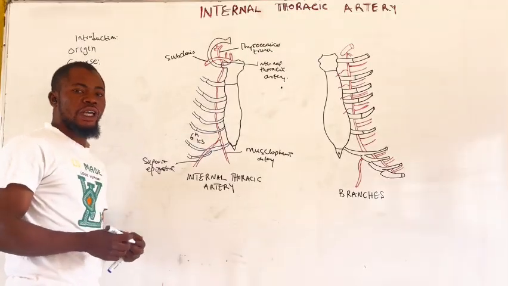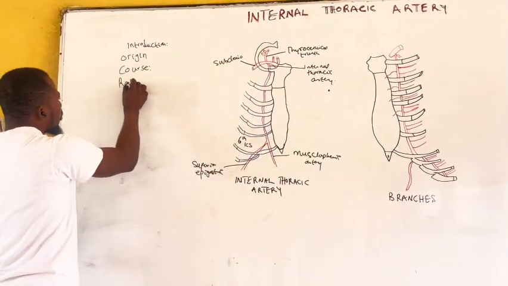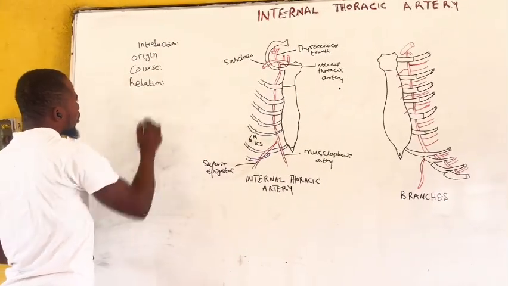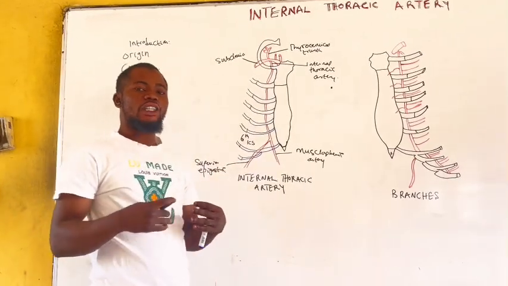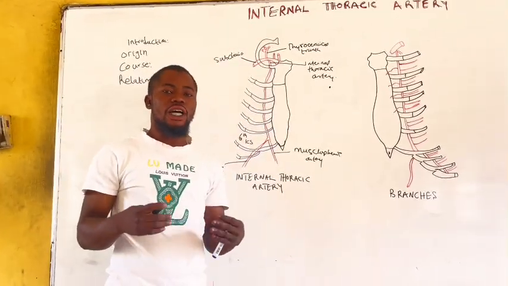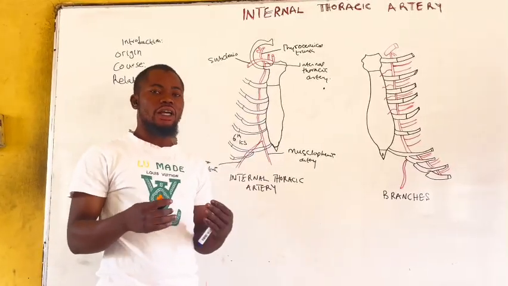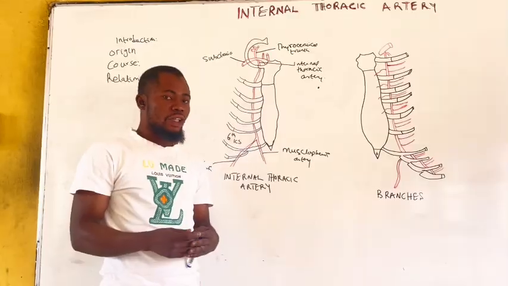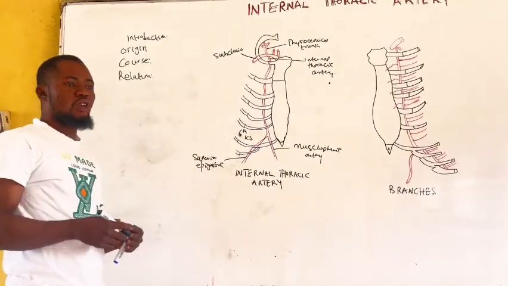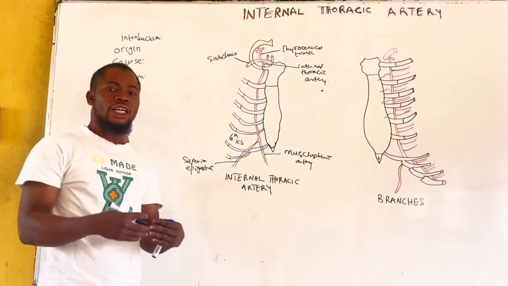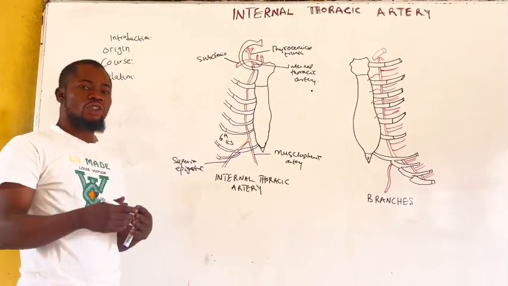Now, the relations of the internal thoracic artery. We said that the internal thoracic artery runs in the anterior aspect of the chest, and there are 2 internal thoracic arteries, the right internal thoracic artery as well as the left internal thoracic artery. Now, the relations are as follows. Anteriorly, there are some structures that it runs behind, and there is a structure that it runs in front of. It runs behind structures such as